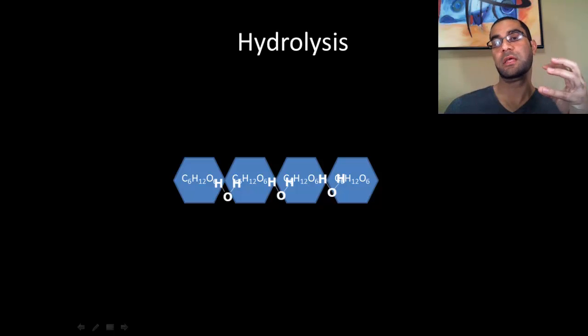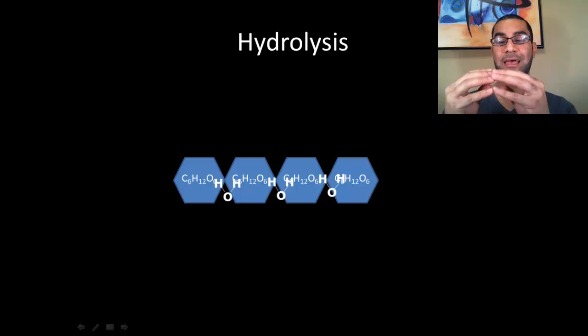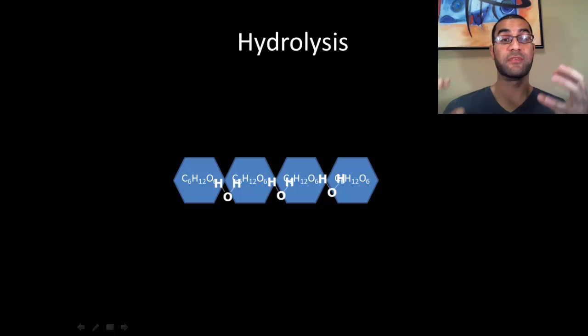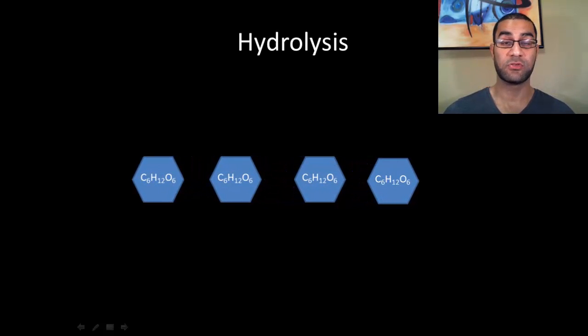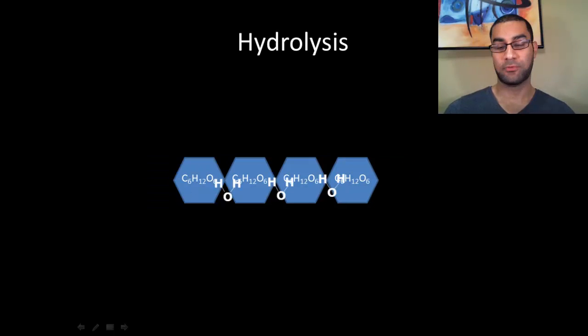So if I broke it apart and didn't add those elements back, then things would be unstable. I have to get things back to their original monosaccharide form. So any time I'm going through hydrolysis and breaking apart a starch, I have to make sure I add a water anywhere where there's this space between 2 monosaccharides when I separate them, so everything gets back to normal. So in this case, because it's a 4-piece starch or 4-piece polysaccharide, there would be 3 water molecules, 1 for every gap in between, that would have to be added so that they can separate and get brought back to normal. So hydrolysis, again, is the exact opposite process of